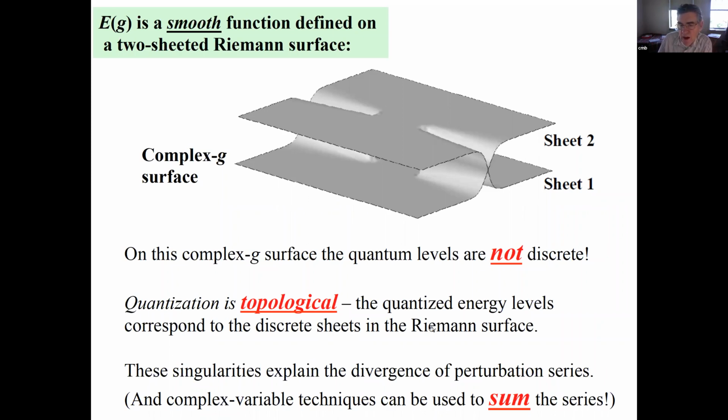So when you say that the energy levels are discrete, what you really mean is that the sheets in the Riemann surface, the sheets that combine to make the Riemann surface, are discrete. And by the way, these singularities in the Riemann surface explain the divergence of perturbation series. And by the way, furthermore, complex variable techniques can be used to sum the divergent series and obtain a finite